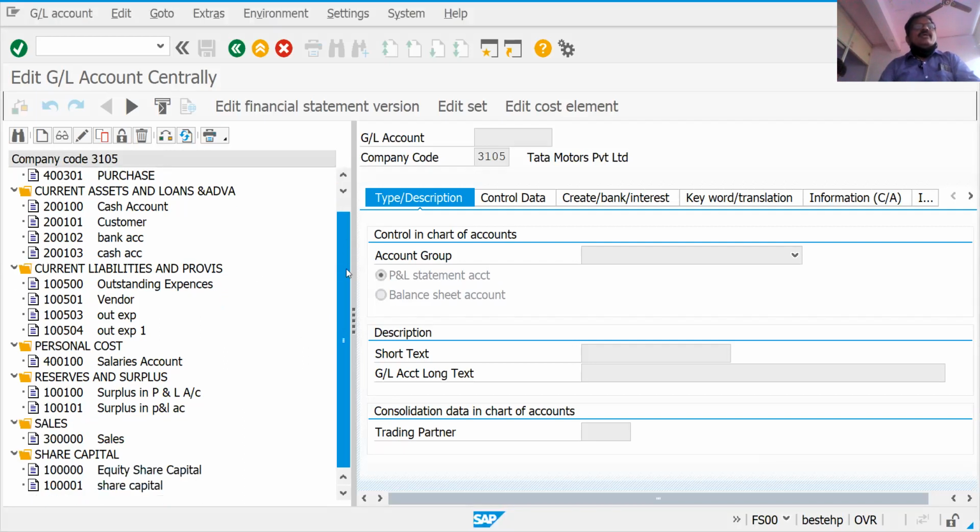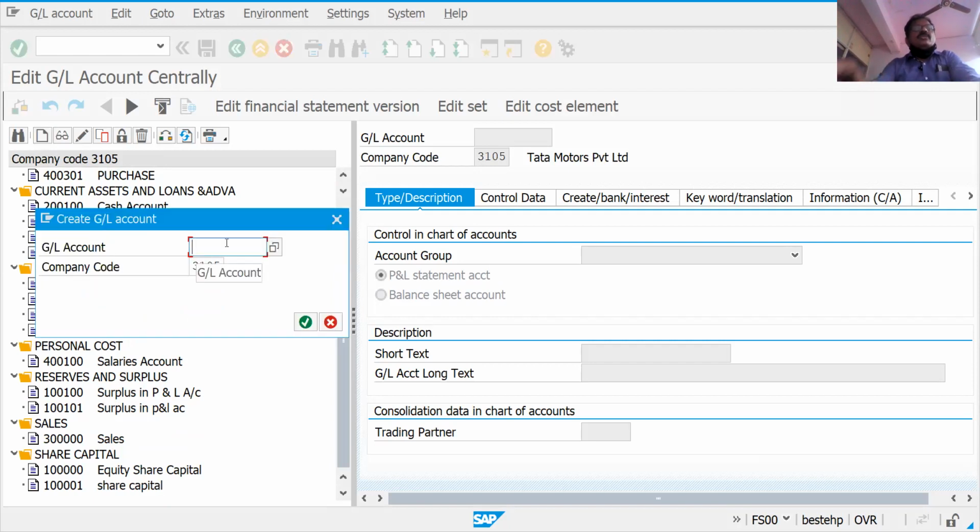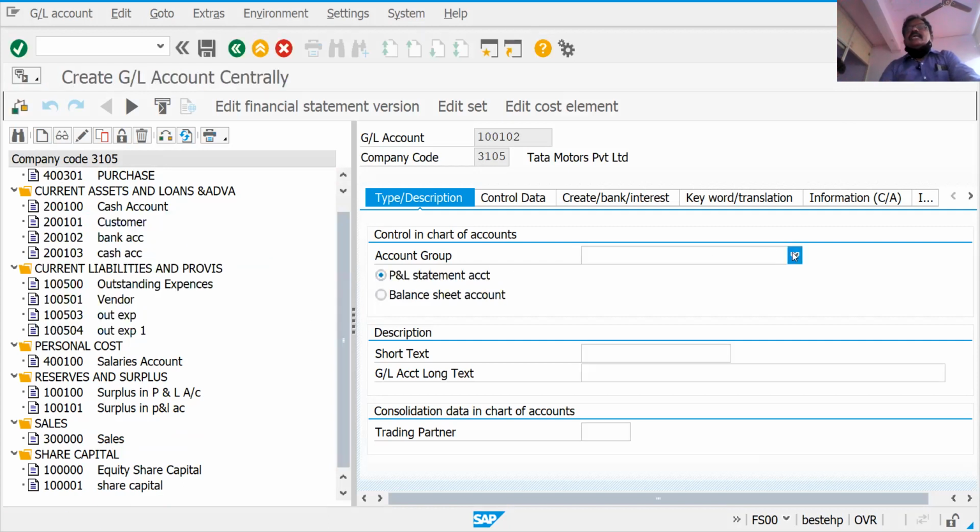We need to create the reserves and surplus account. 100101 is already created. Now I am showing how to create: this is the create button. You click here. I am taking 100102 because 100101 and 100100 are already there. So 102 I am creating. Just see here. We have to take the account group. This is a balance sheet account.